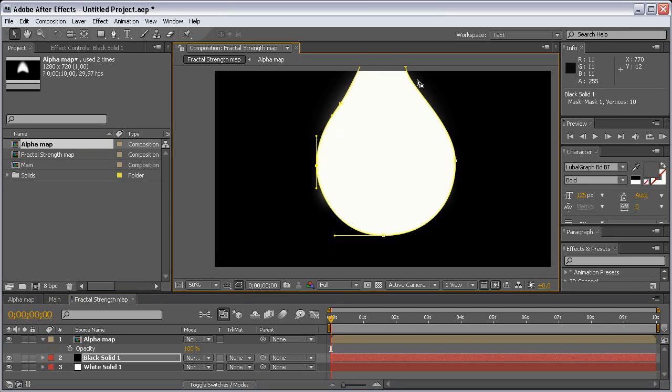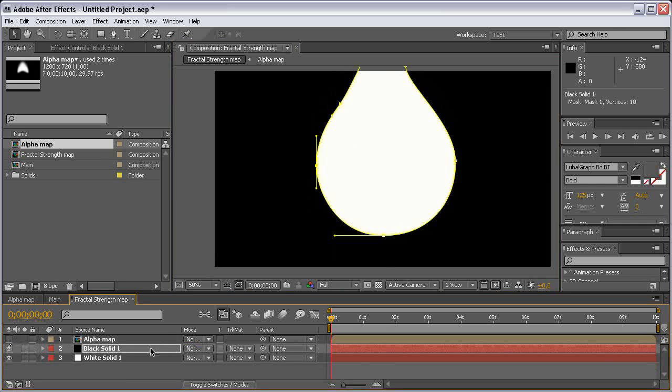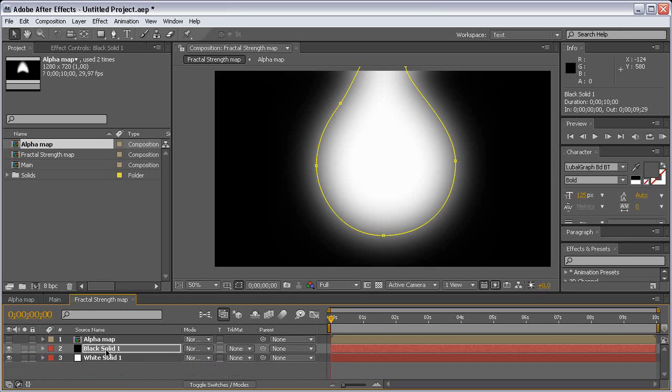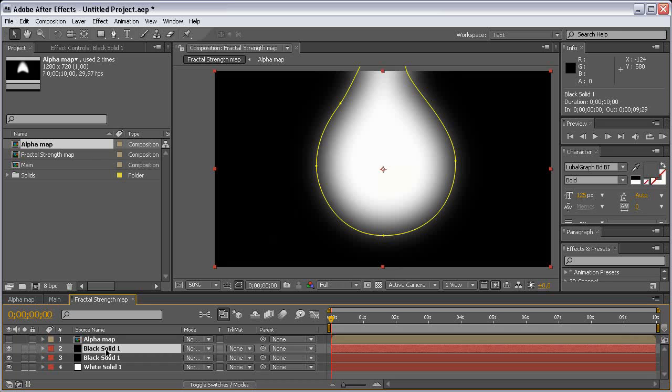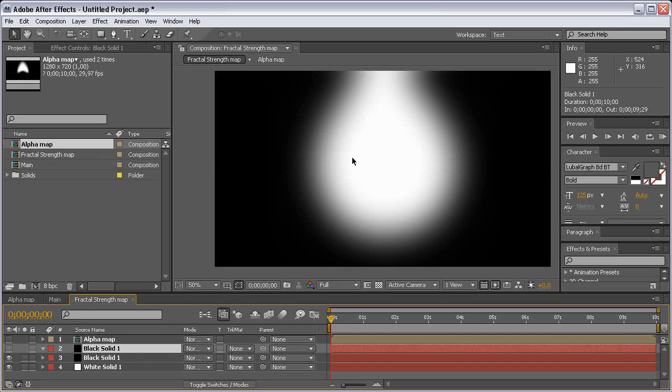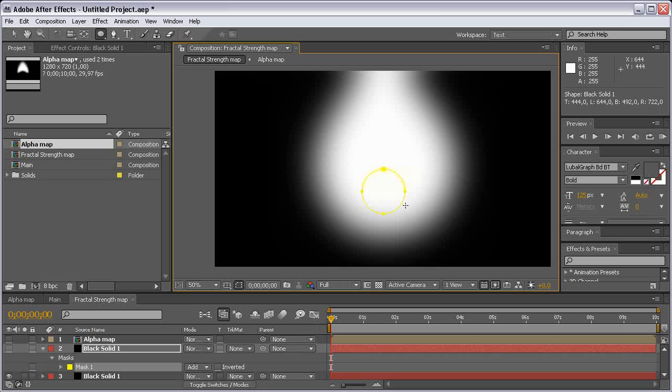And after we are done with this, turn off the alpha map and hit F to reveal the feather for the first black solid, and change the feather to 160 maybe. And after that, let's Control D or Command D to duplicate this solid, hit M to reveal the mask, select it and delete. And let's turn off this solid and choose the ellipse mask tool right here, and let's create a circle holding down Control and Shift. It creates the circle from the center. So let's create a circle and maybe scale it down a bit, and